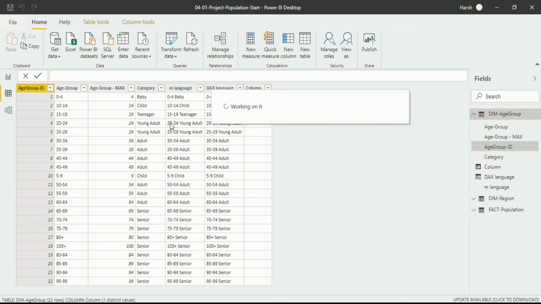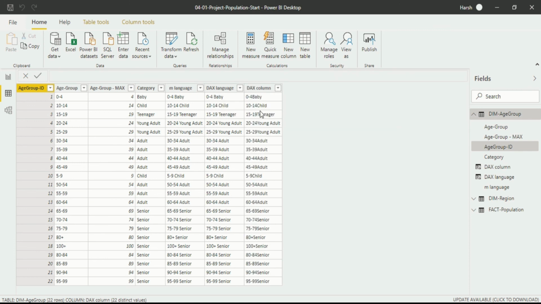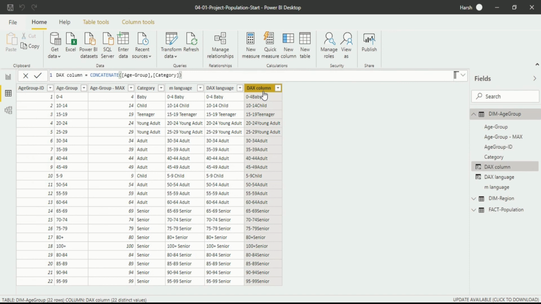desktop. Now it will take a few seconds to generate our new column, DAX language 2, which has used the formula. Now you can see the code has been written, but the actual difference is that there is no space between them. So how to create a space between them? For that you have to make the code nested, a formula within a formula, as we do to make a big formula in Excel.